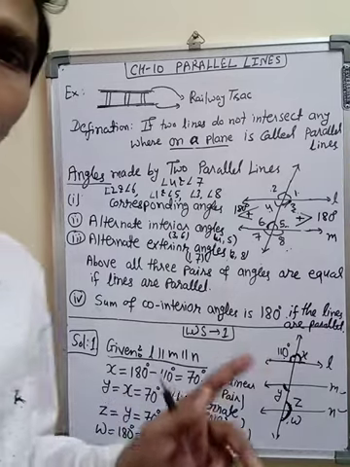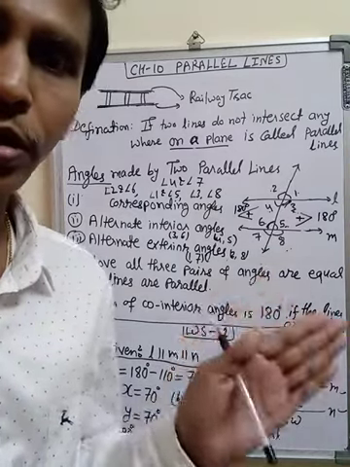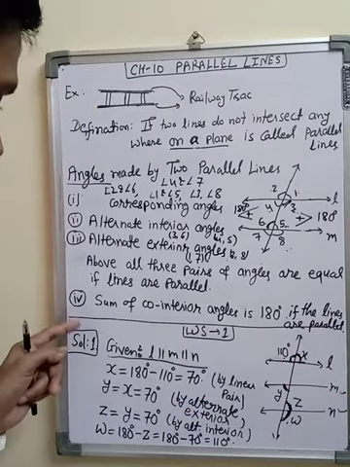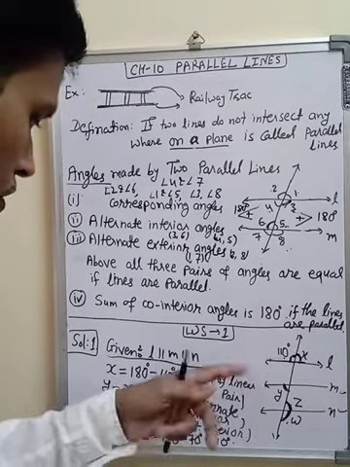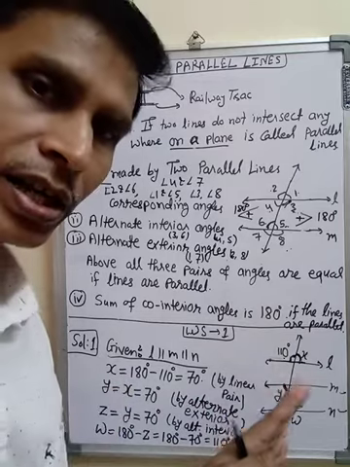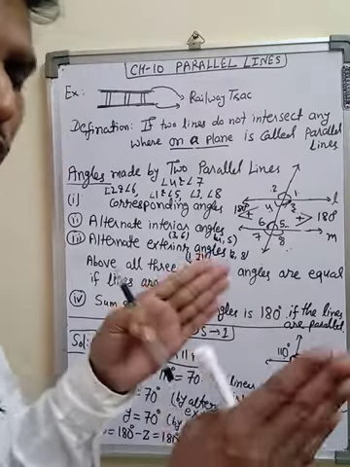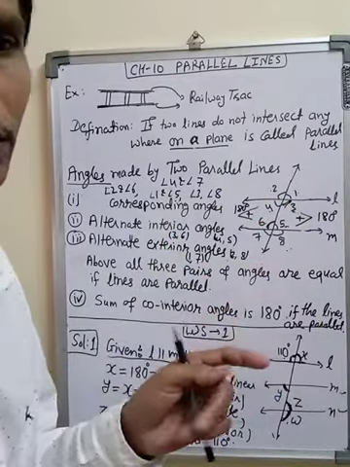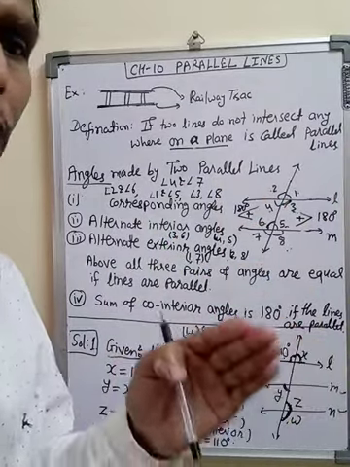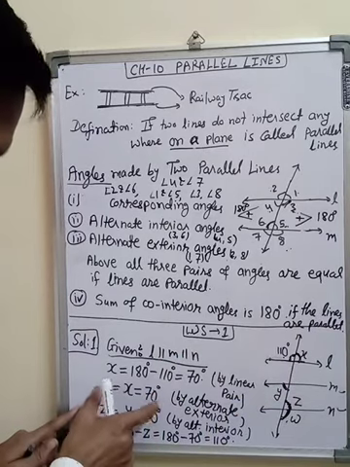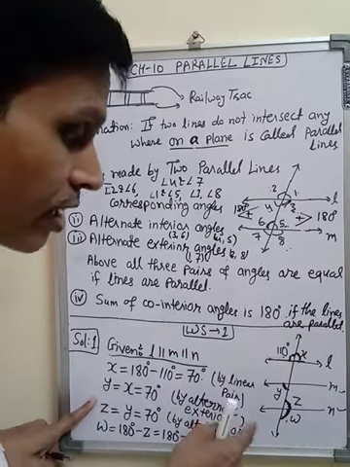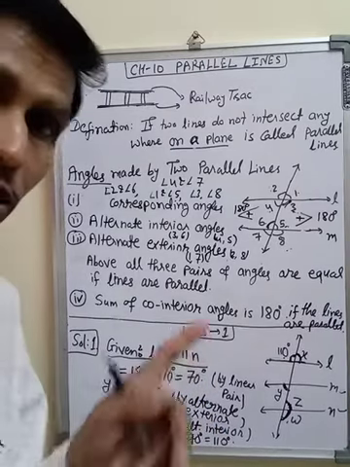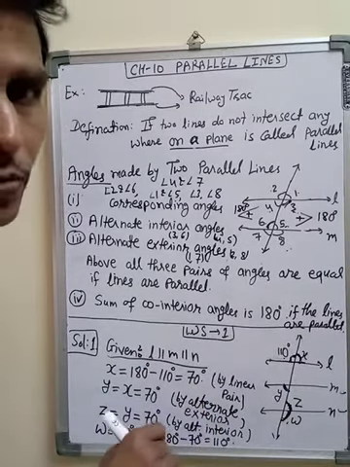You try to solve question number 1 to question number 6. I have explained only question number 1. Question number 2 gives two angles, with the sum of co-interior angles. In every question you will write the calculation here and the reason on this side. You see, in every line I am writing the reason. So the reason is very important to write in this chapter. Okay.